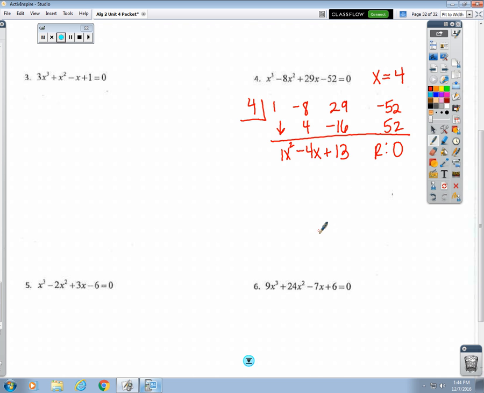Okay, now what do I do next? What do I do next? Okay, what's the A, B, and C? Okay, so x equals, what do I put? 4 plus or minus the square root